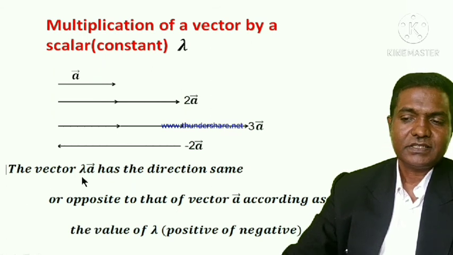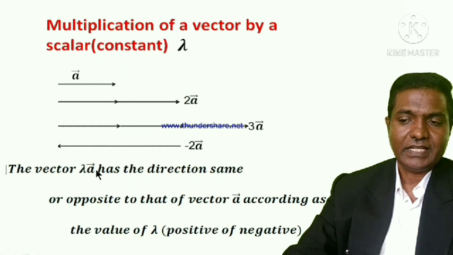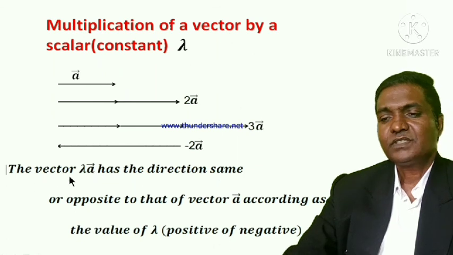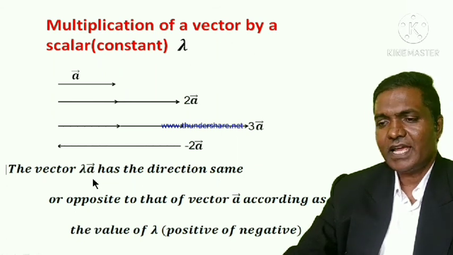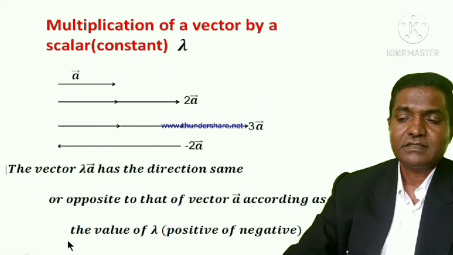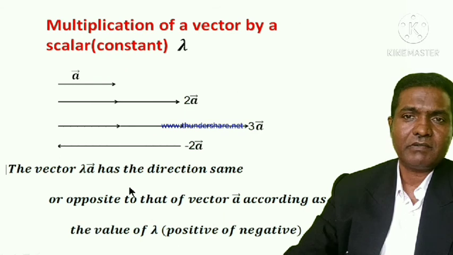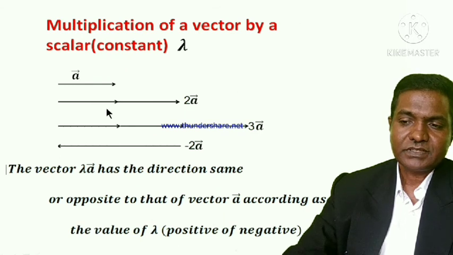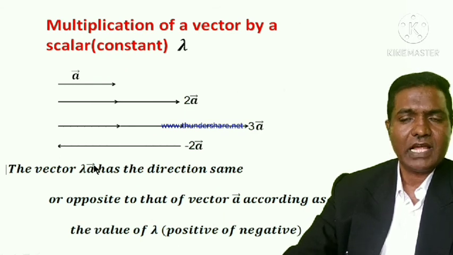The vector lambda into A has the same direction or opposite to that of vector A according to the value of lambda. If the lambda value is positive, then this vector lambda into A will have the same direction as that of